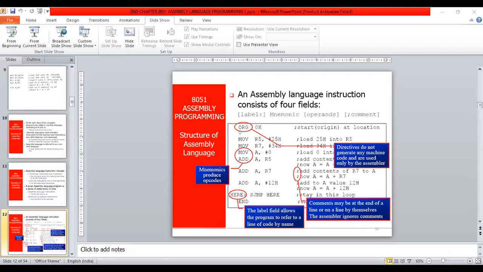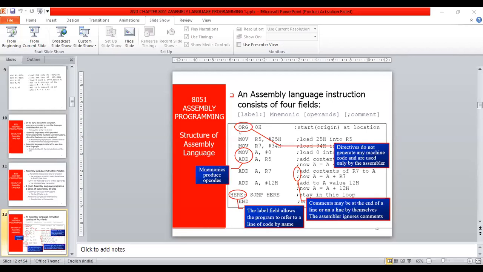This depends upon the assembler which you are using. Next, the ASM source file created in this step is given to the assembler program. This myfile.asm or myfile.src is given to the next step, that is the assembler program. Now what is the function of this? In this step, the assembler converts the instructions into machine code, that is in the form of 0 and 1,